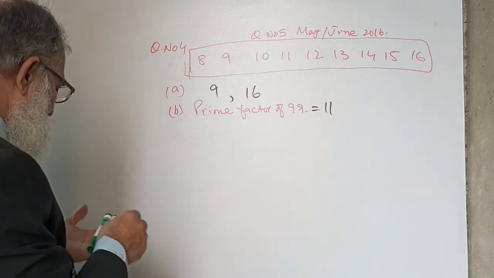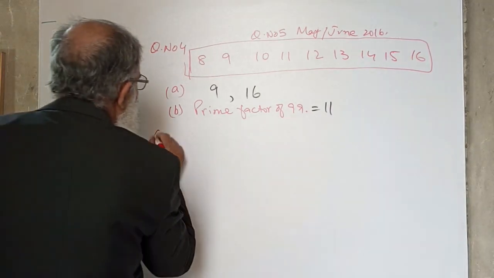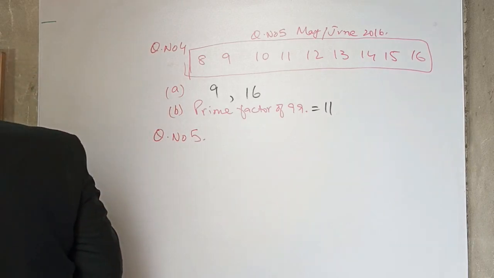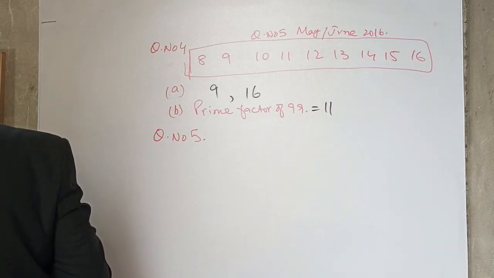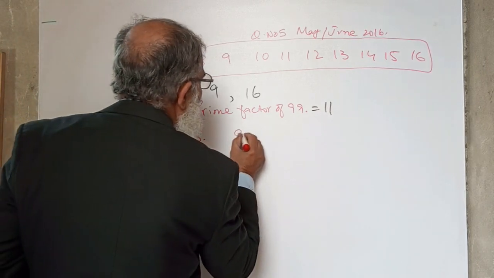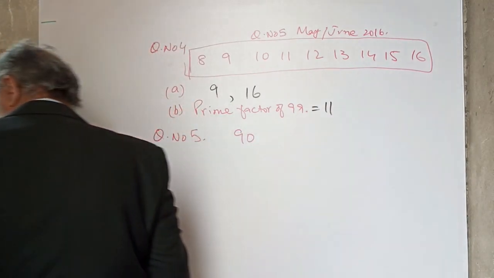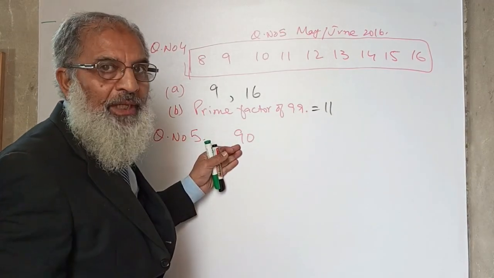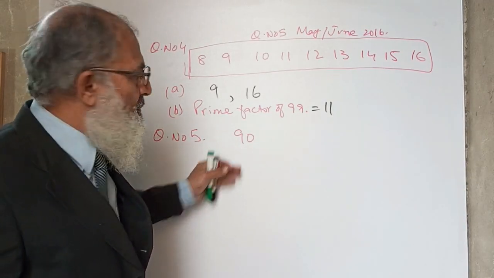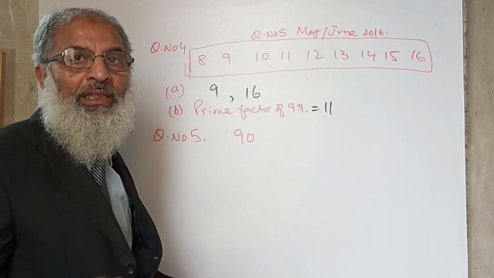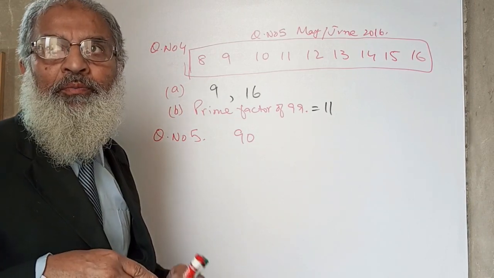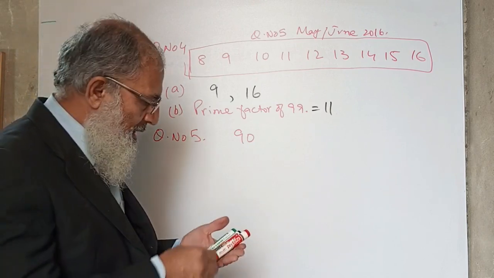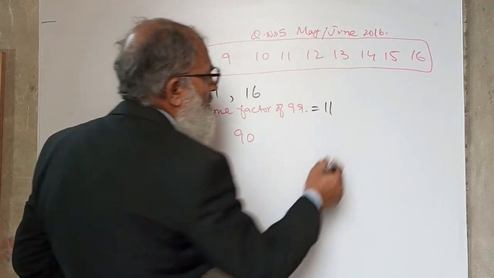Well, dear students, the last question is coming up, and that is question number 5. Write 90 as a product of prime numbers, prime factors. Now we have to break 90 into the prime factors. It is very simple. You can either draw a tree diagram, tree table, or you can also do it like this,